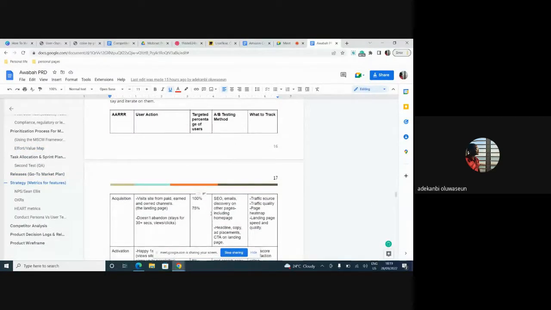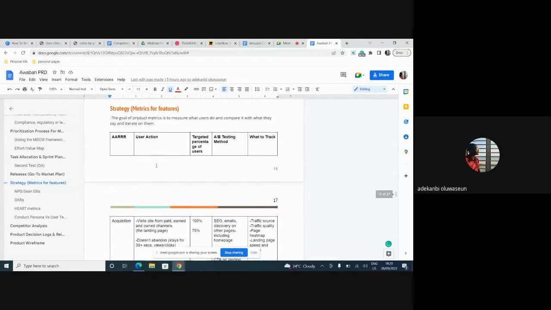So there are so many metrics you can use as a product manager, right? There's one called the Pirate metrics. The Pirate metrics is the one that starts with AARRR. You know, Americans are very funny. The reason why they call it Pirate metrics is because when you pronounce it, it sounds like a pirate, as if you're shouting. So that's where it was coined, right?